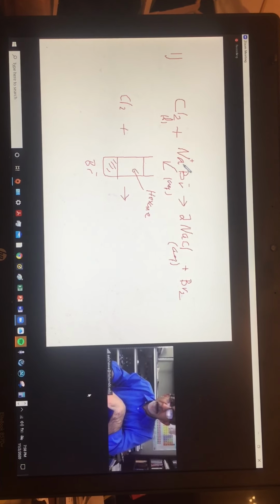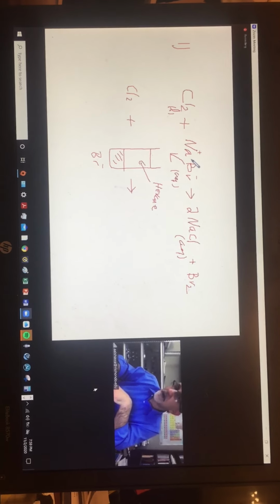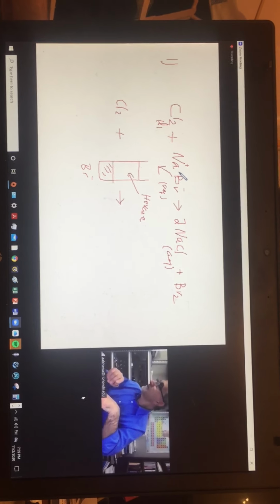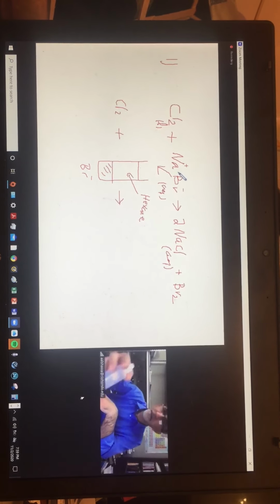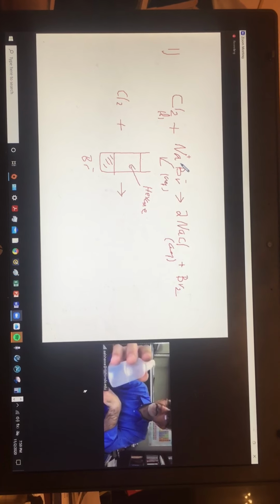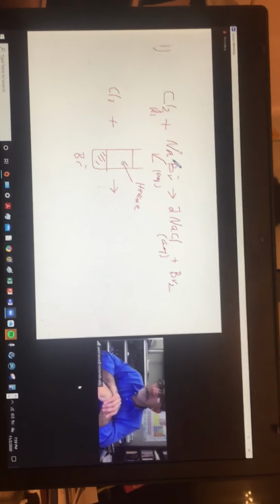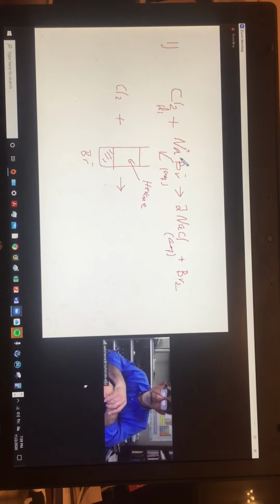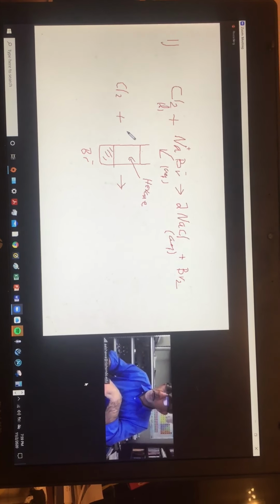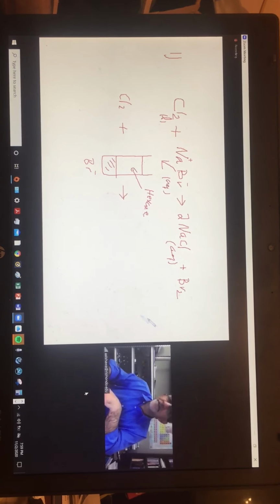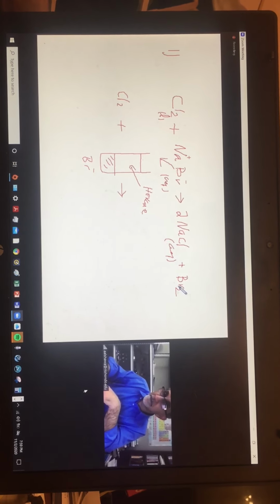So the bromide has no color. Sodium bromide has no color. You can't tell in the bubble, but there's no color to that bromide, sodium bromide. The negative anion doesn't have a color. But once you mix it with the chlorine, if there is a reaction, it means you form bromine, it